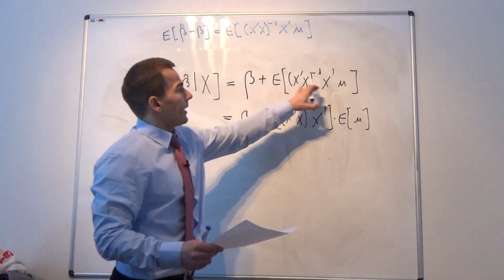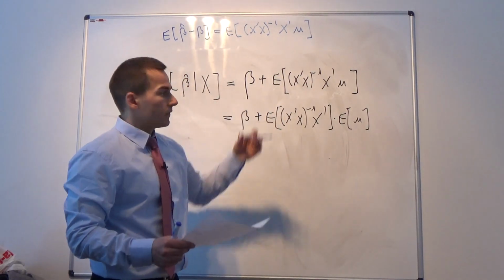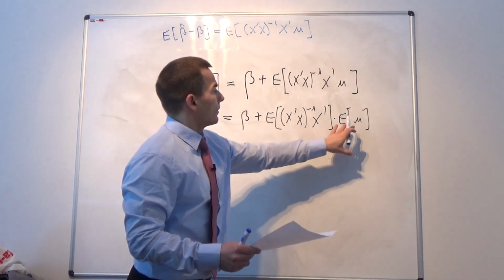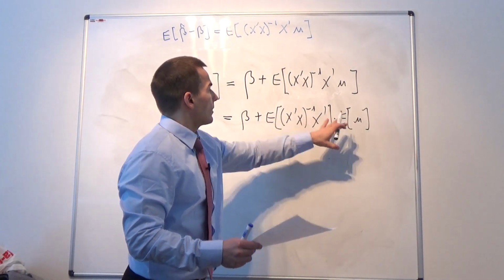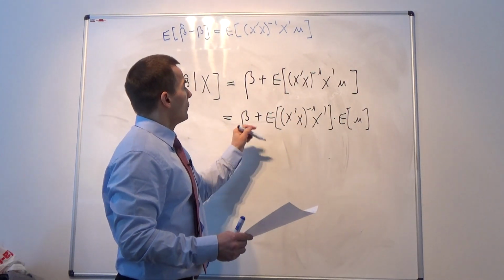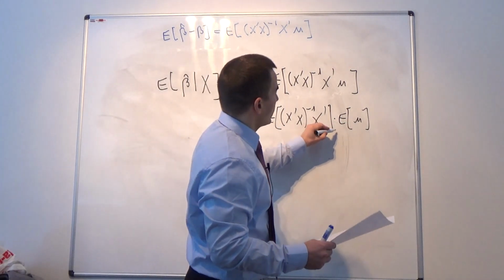But if they are uncorrelated, this is what we face in our model setup, then obviously we have to take the expectation of both random components here, and we can move the expectation operator in any way. And since this part here is 0,